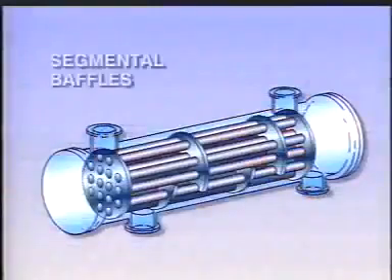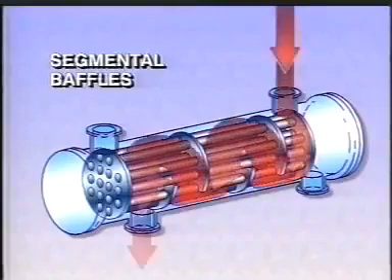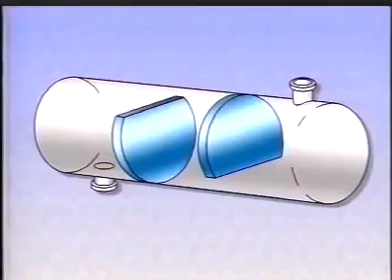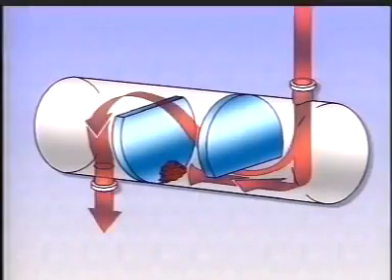Another arrangement involves segmental baffles. They can be cut vertically or horizontally and are positioned to face in alternate directions. These baffles will allow the fluid to flow across the tubes a number of times and keep the fluid turbulent. The more turbulence, the more energy is transferred. Segmental baffles can direct the flow to be horizontal or vertical depending upon the fluid being used. If the liquid is dirty, the sediment will often build up behind a horizontal baffle. This decreases efficiency by blocking the flow.